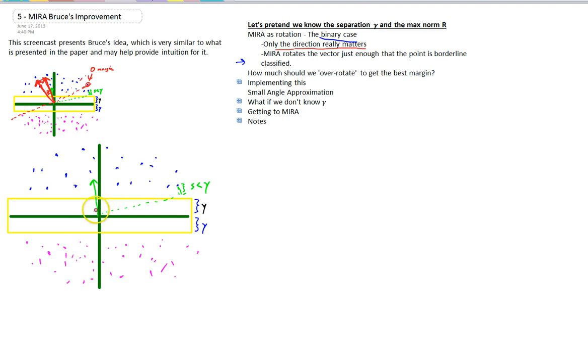Well, we know that this distance can be up to r, right? Less than or equal to r. And we are assuming a separation of gamma, right? And so this distance is greater than or equal to gamma. I'm just going to do a simple approximation here. This arc length also will be greater than gamma, right? And they should be about the same if our vector is fairly good. So that means that this, ideally we would want to